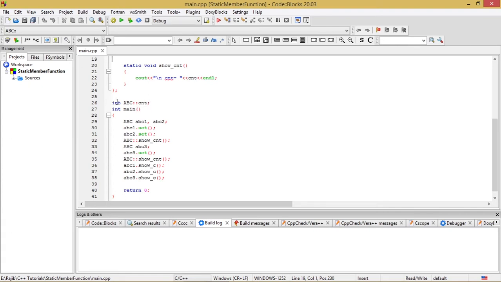So before going into the main, I need to write it in this manner: int ABC::cnt; After that, we go to int main.